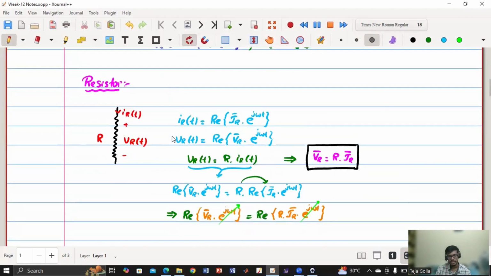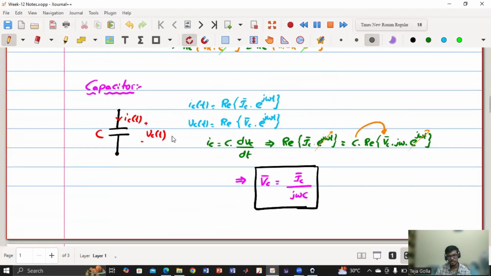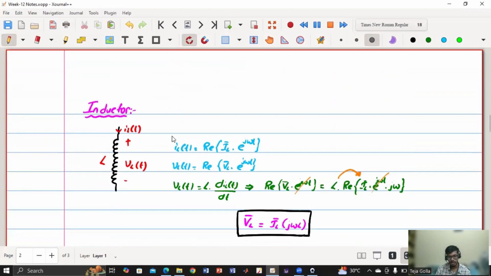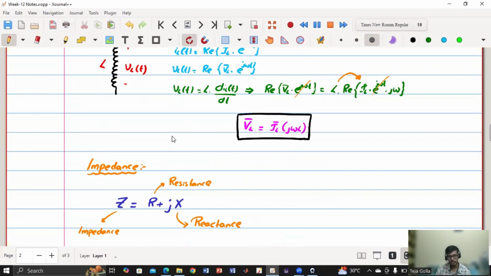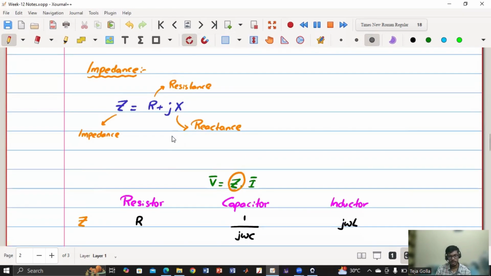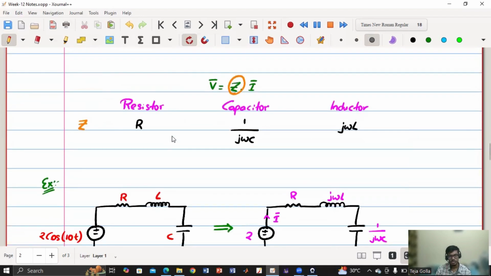So for resistor, it is simple and straightforward: VR bar equal to R into IR bar. For capacitor, you will get VC bar equal to 1 by j omega C into IC bar. For inductor, you will get VL bar equal to j omega L into IL bar. So impedance is defined as R plus jX, where R is resistance and X is reactance. So the impedance of resistor, capacitor, and inductor in this phasor notation will be R, 1 by j omega C